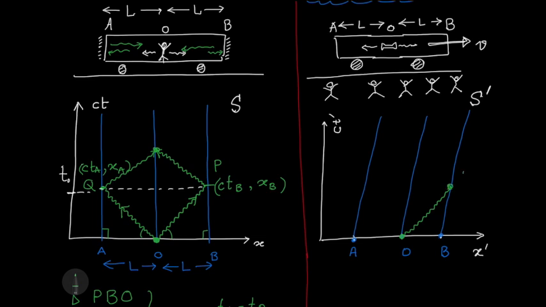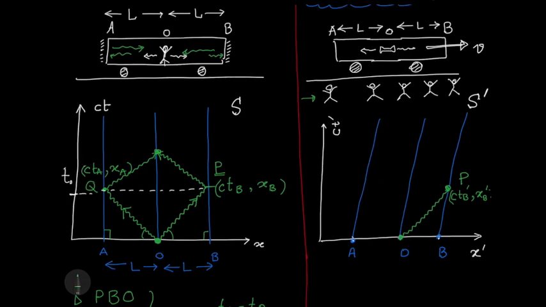It will reach somewhere here. So that's the event P. It's the same event P over here. Obviously, it can have different coordinates because I am in a different reference frame now. The position is different as measured by these observers. And the time is also measured by those observers. So in their paper, they're writing down